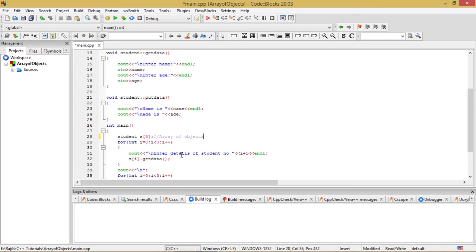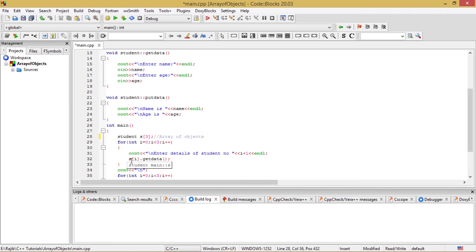For student number 0, for the end user, it will be student number 1. For student number 1, that is in the array index position 1, it will be I plus 1, that is student number 2. For student number 2, for the end user it will be student number 3, likewise. If we have more and more students to deal with, we will just increment the I value by unity in order to make it understandable for end users who are not familiar with programming methodology. So I have written I plus 1 for that.